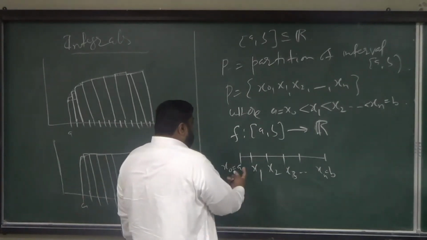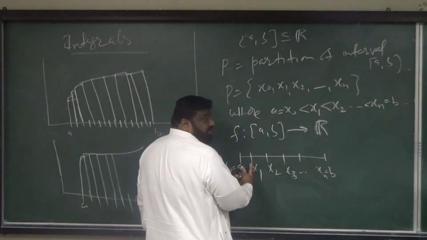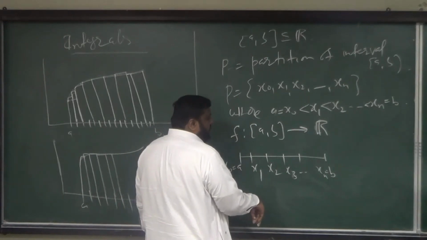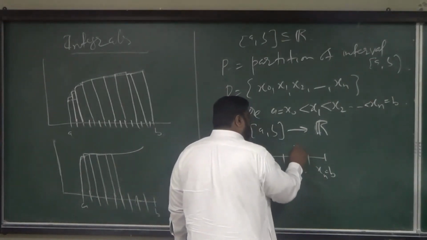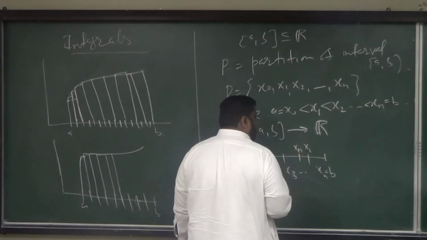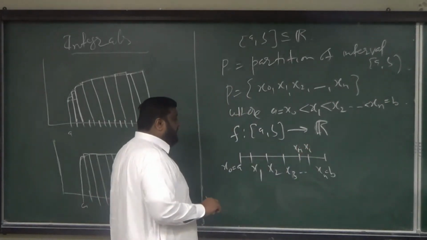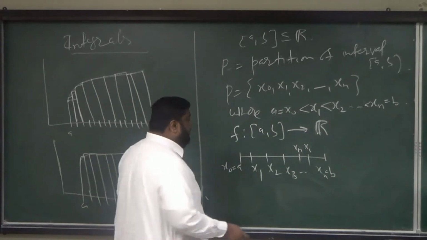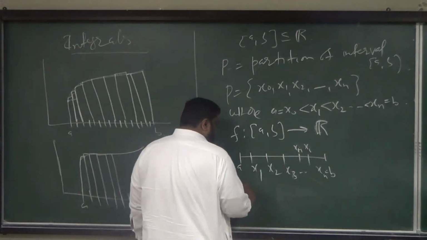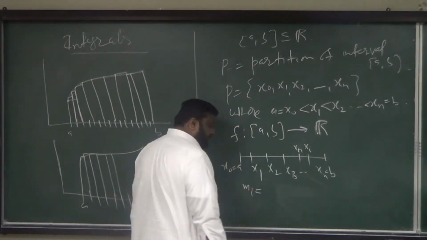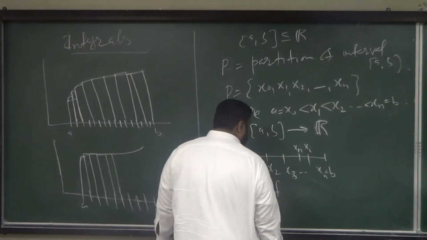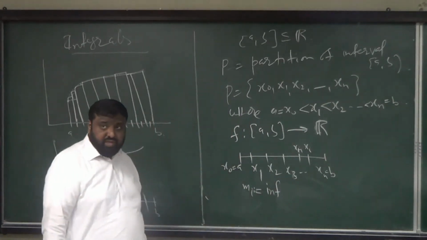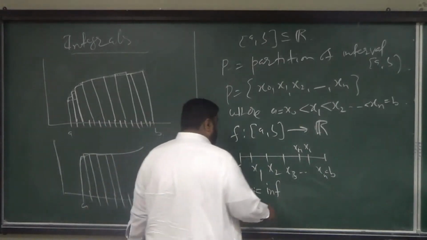On each such interval, I'm defining some notions. If I take an arbitrary interval, x(i-1) and xi, then by small mi, I mean infimum of